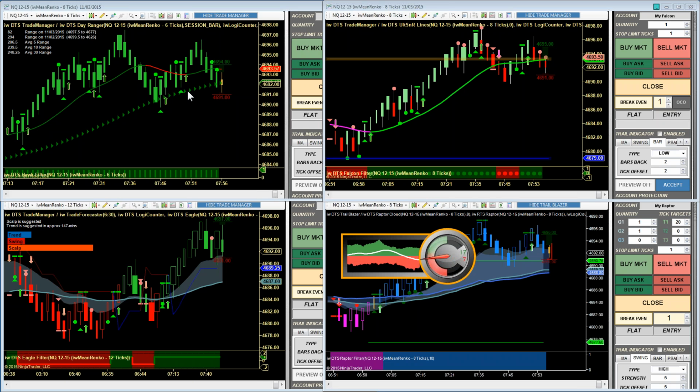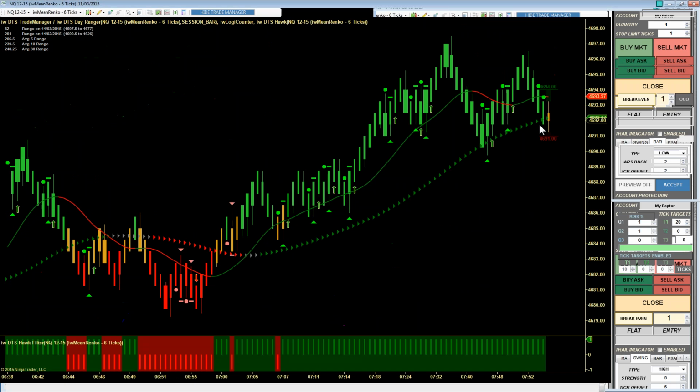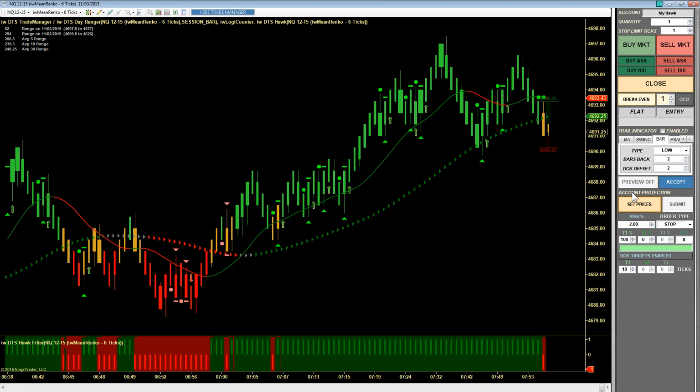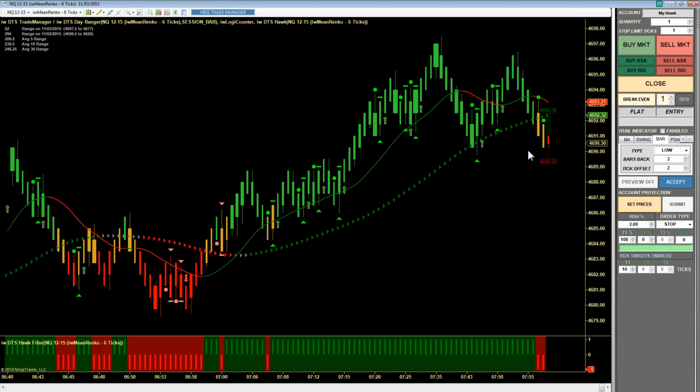Okay, now this is interesting where we're at. We've retreated back here to the macro line. We're into yellow bars, so we don't have a real signal here. This macro pullback just came within a tick of our profit objective. We know there's support here at 46.90. If we get the market to hold this support one more time,